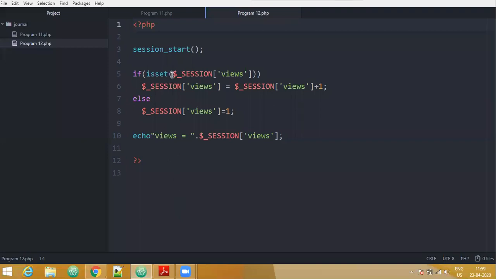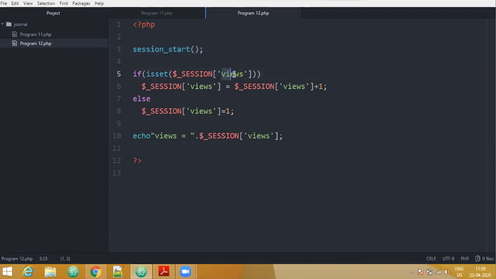So here we have the PHP script. session_start indicates that we are starting a session, not a cookie, and we are creating a session. Without this session_start, you cannot execute the program. Then again we have the isset function to check if a session exists.